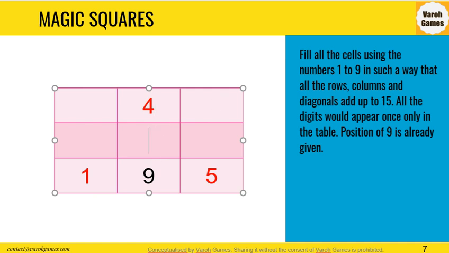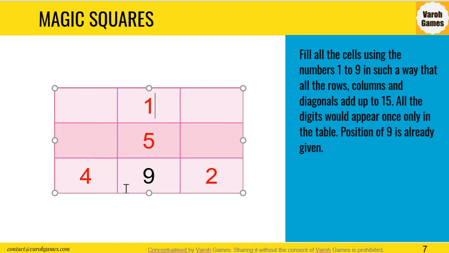Or for that matter, suppose if we try writing 5 over here and 1 over here, 4 over here and 2 over here, the same thing happens, right? These combinations would not be correct. So the only possibility in this scenario is writing 5 over here, 1 over here. Then only the solution will come. But over here, there are two manners in which it can be done. 4 can be written over here and 2 over here, or it can be the other way round. But the only fixed position is this. 5 and 1 will always come like this when the position of 9 is given over here.